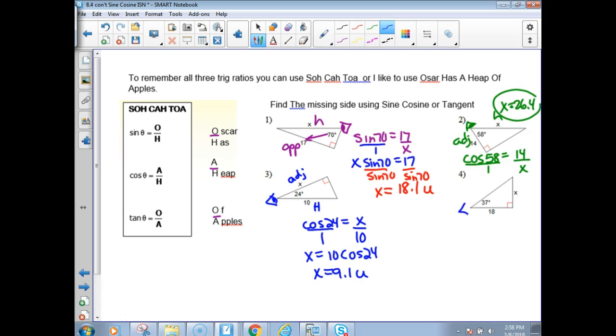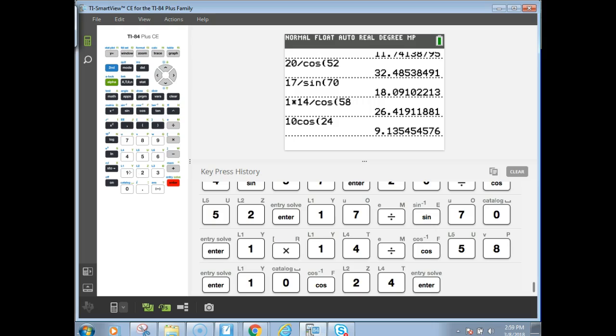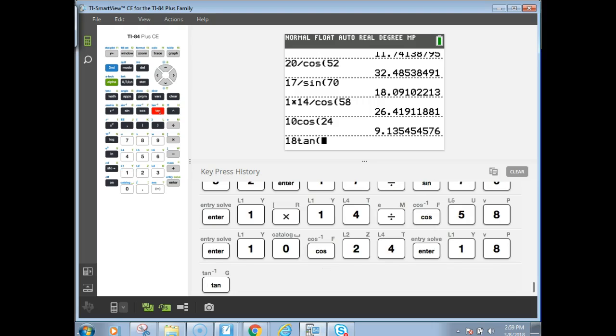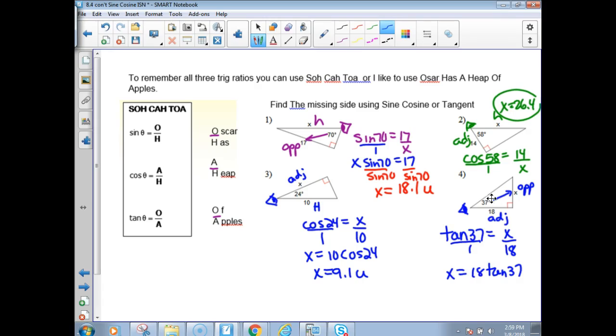So I'm going to look at where I'm standing, and that's always at the acute angle. Across from it would be my opposite leg, and then next to it is the adjacent leg. The hypotenuse is blank. So we're going to use opposite and adjacent, so that's the tangent. Tangent of 37 equals x over 18. Okay, cross products, so you're going to do 18 tan 37. Okay, got 13.6